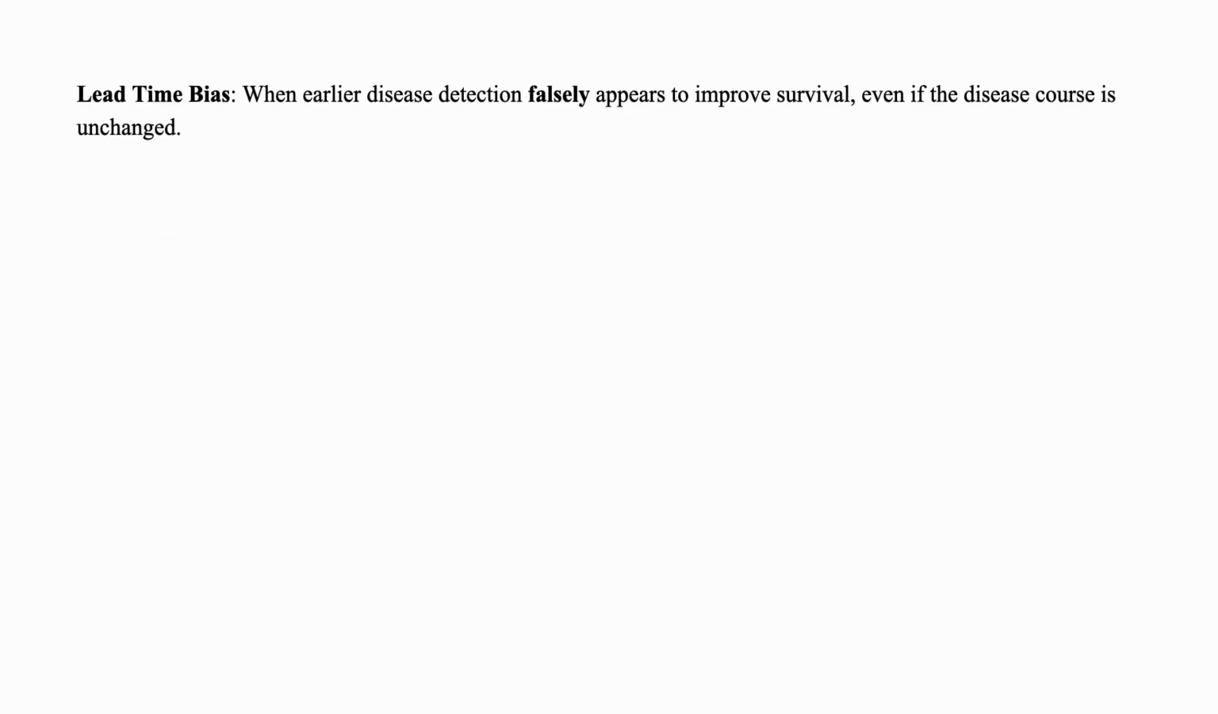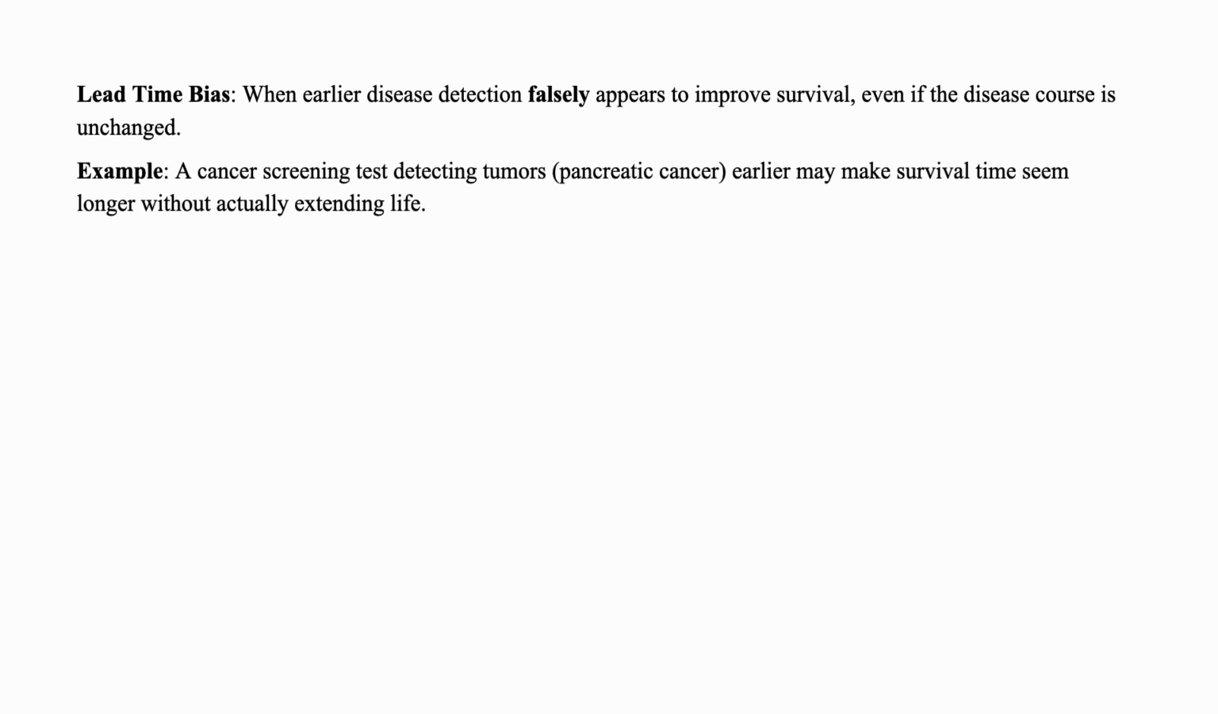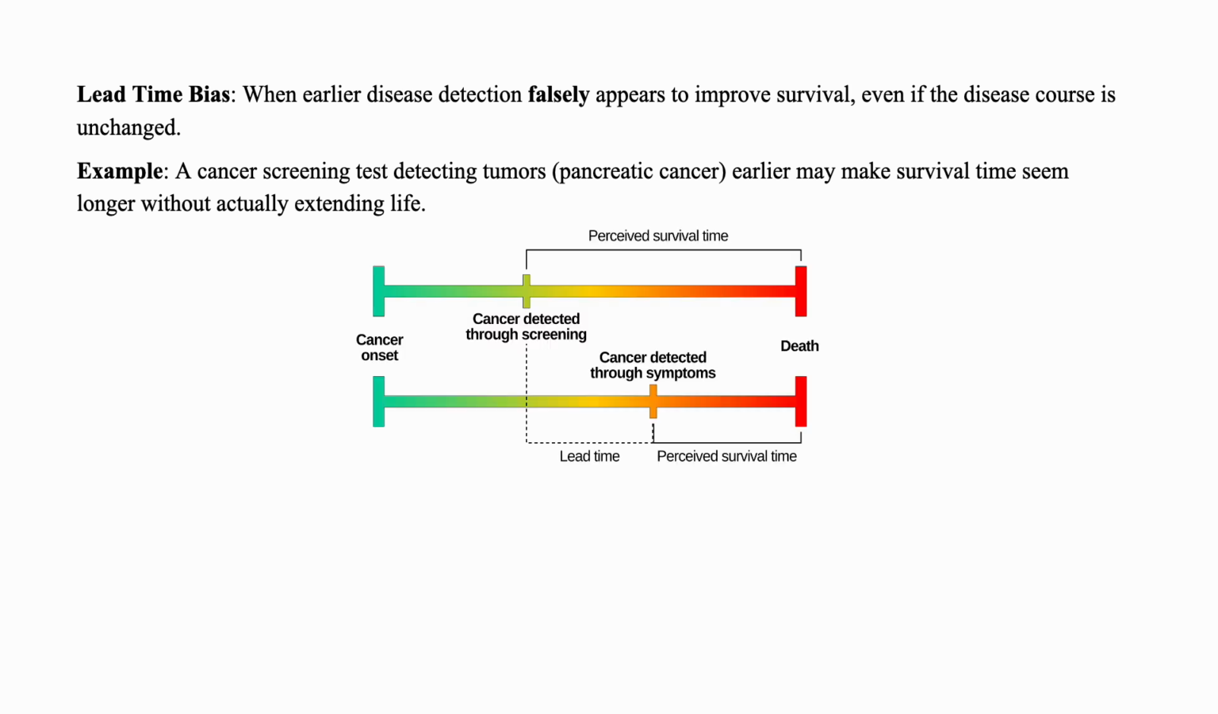Now, these are a little bit more confusing. Hopefully I can explain these, but lead time bias is when earlier disease detection falsely appears to improve survival even if the disease course is unchanged. A good example of that is pancreatic cancer. A cancer screening test that detects tumors earlier may make survival times seem longer even though it's not actually extending life. So if we look at the diagram here, the perceived survival time when we detect the cancer earlier,